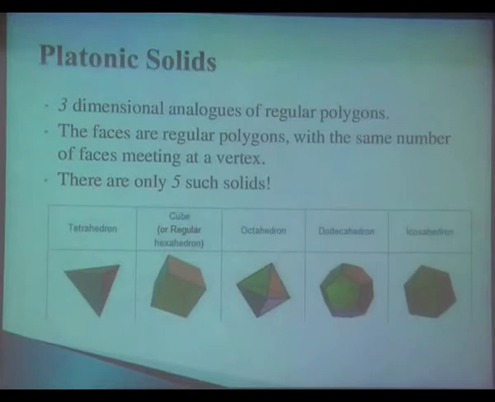And actually, the word platonic is a misnomer. Even Pythagoras knew that there existed only 5 such solids. In fact, 1000 years before Plato was even born, there were sculptures of these solids found somewhere. So these should technically be called Pythagorean solids, but why we call them platonic solids comes from philosophy.